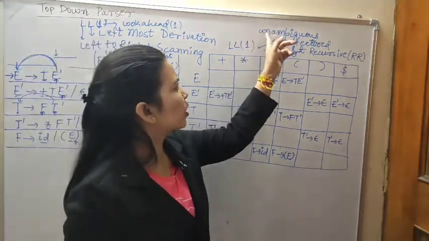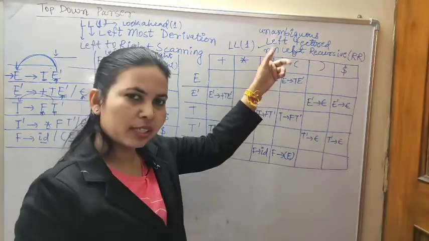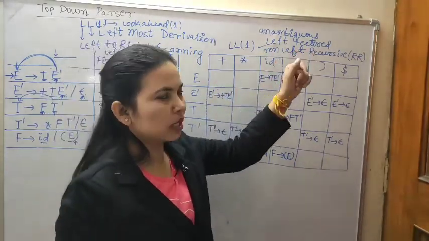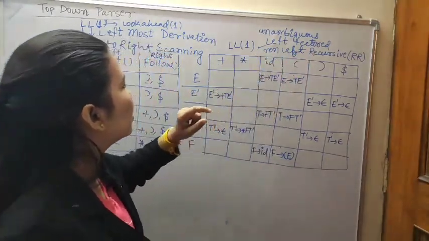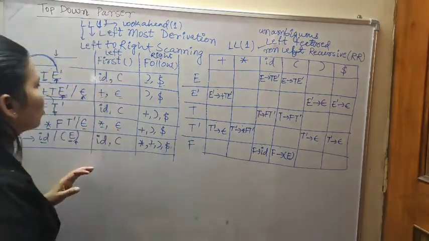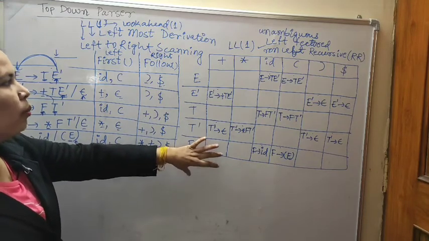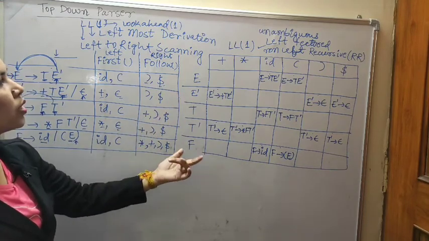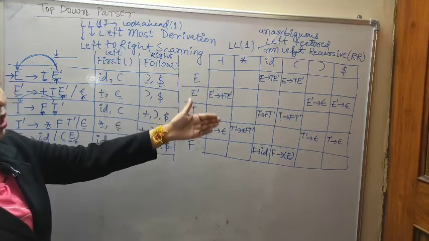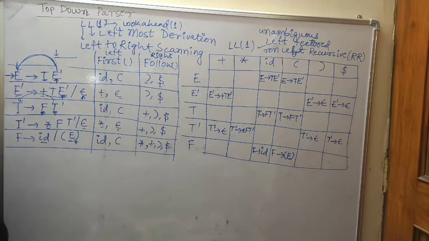If it is an unambiguous grammar, then you can check it is LL1; and if it is left factored, then definitely it is LL1; and none left recursive, because an LL1 parser doesn't accept left recursion. Okay, there is a lengthy method to find this out, but without going to the first and follow functions or parser tables, we can check which grammar, that means which production rules, is LL1.